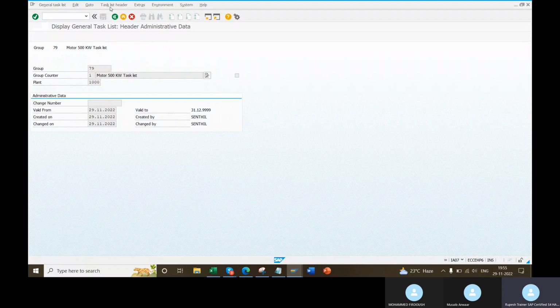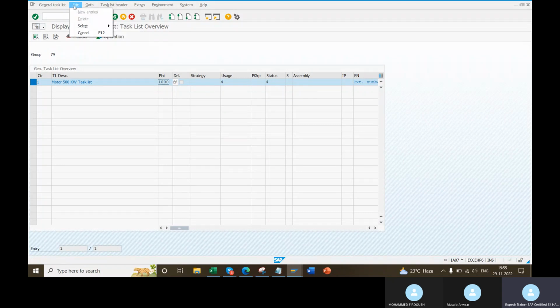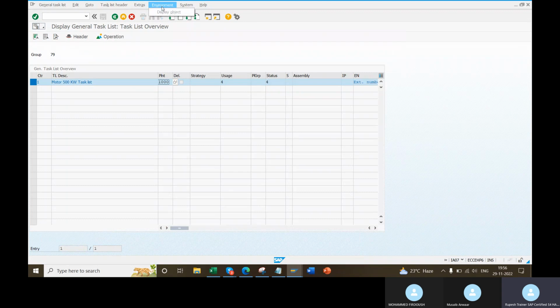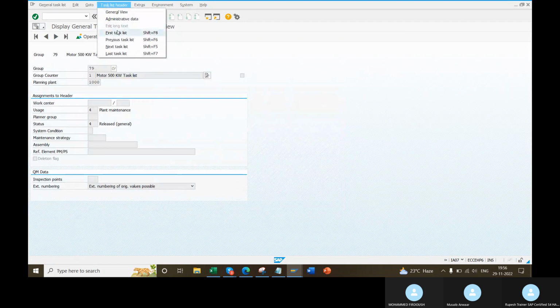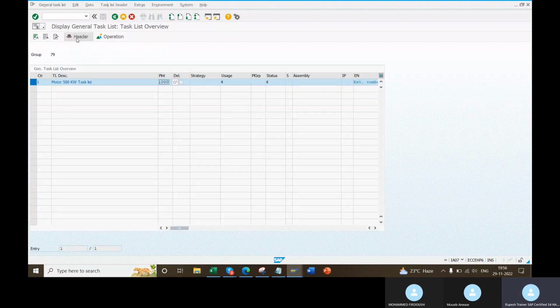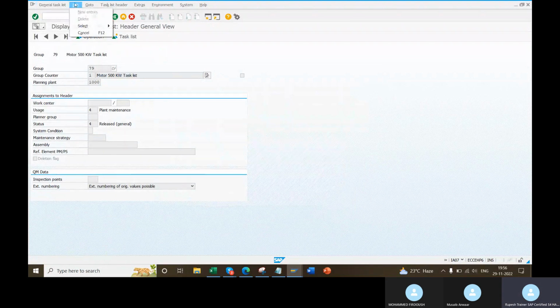Somewhere I saw the key date. Somewhere you can see the key date. One day I got that key date.